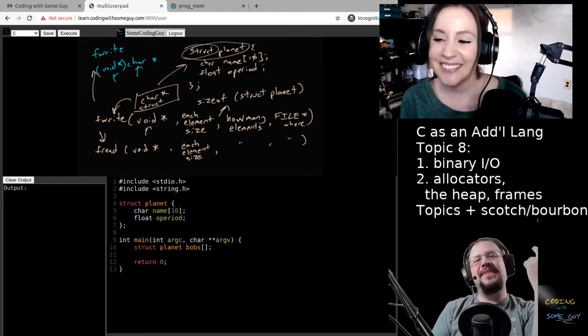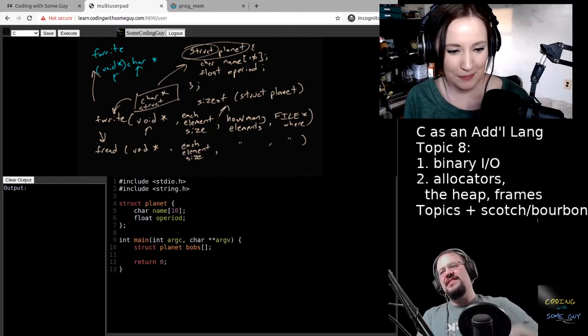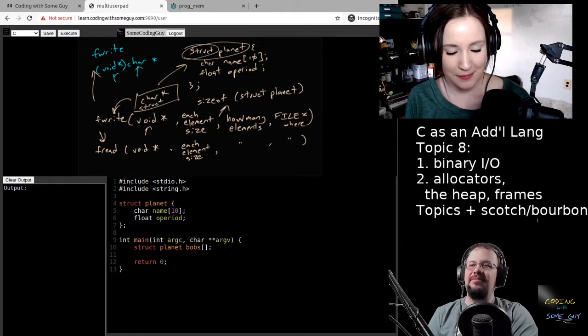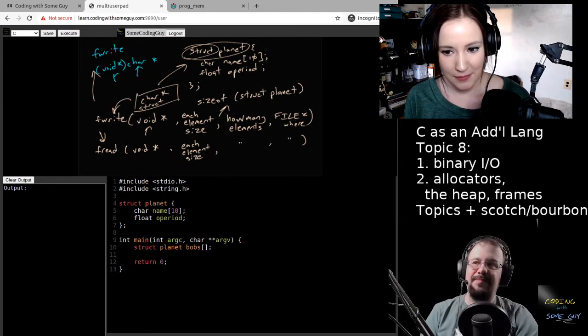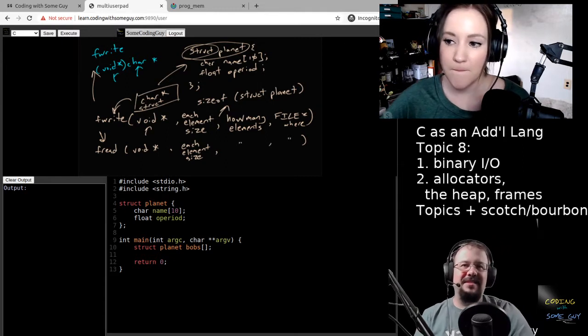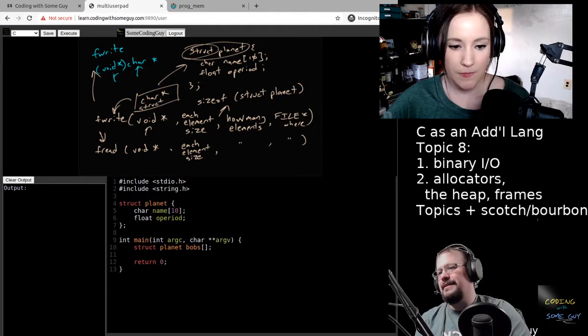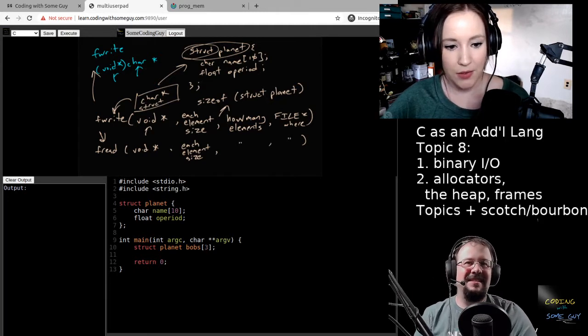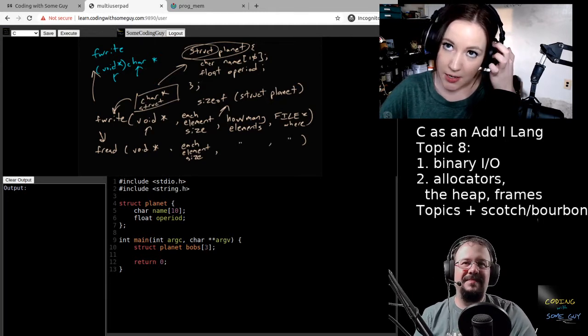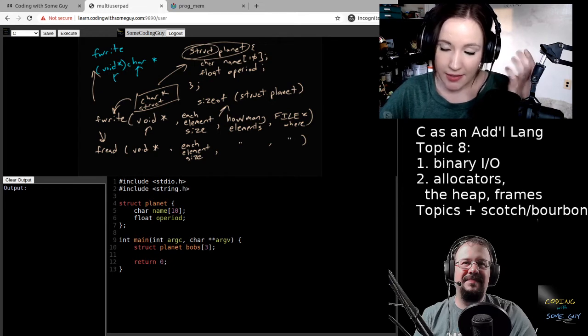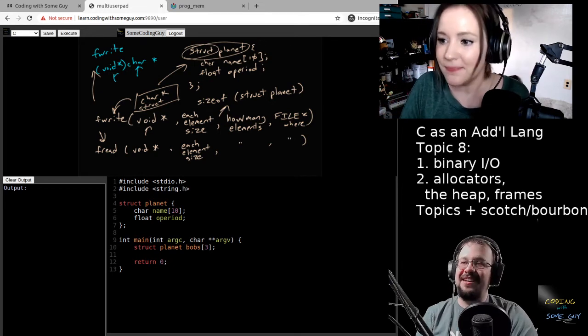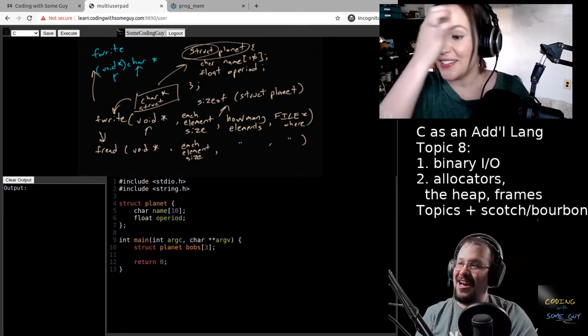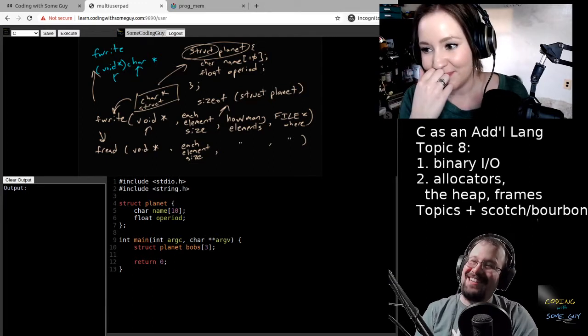Now C is going to require a size, because it doesn't know how to figure out from this code how many planets to allocate space for. So let's give it 3. That's exactly the next thing we're going to do: allocate what?